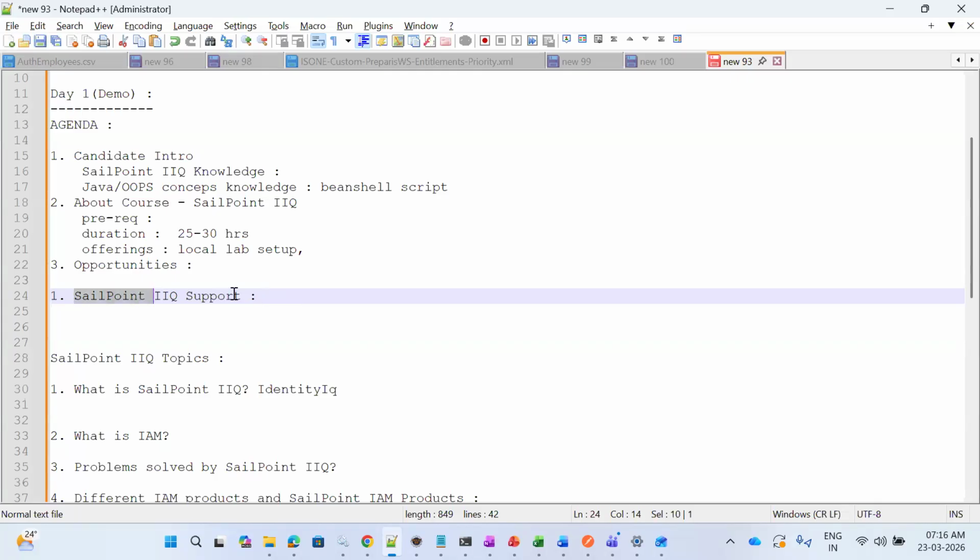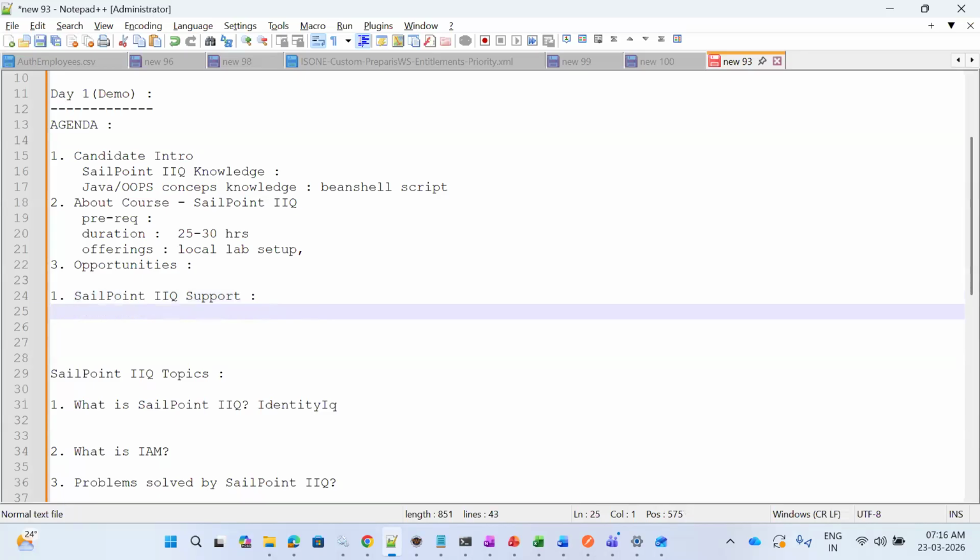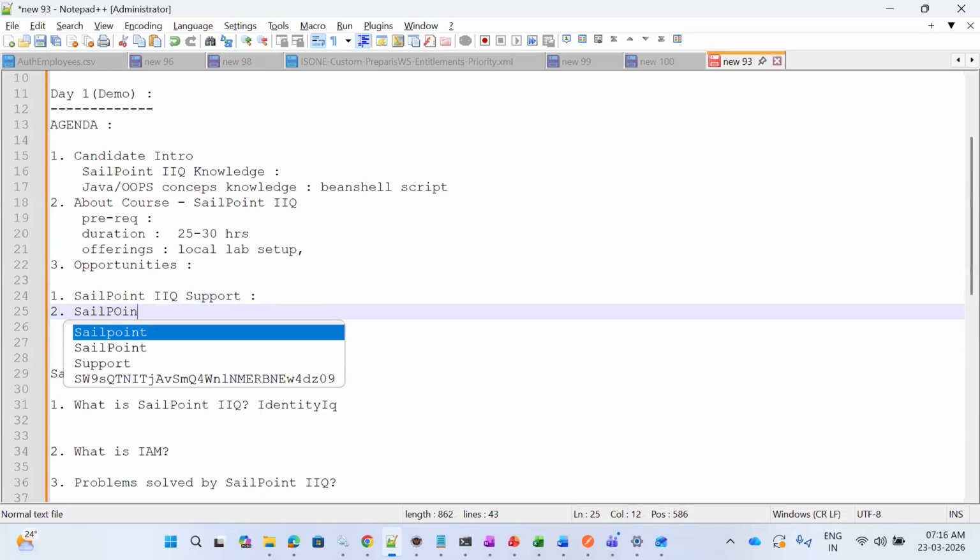So SailPoint IIQ support role is the basic one that we will be getting. Once you are into SailPoint IIQ and doing the support role, you just need the product knowledge. That's it. There is no coding required, no sophisticated other technologies are required. Okay. So next to SailPoint IIQ support, we have